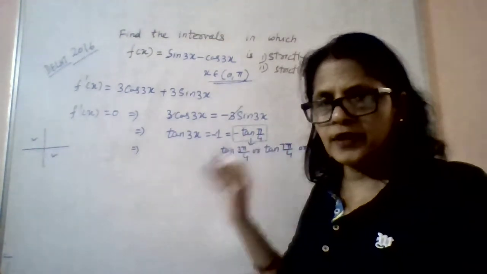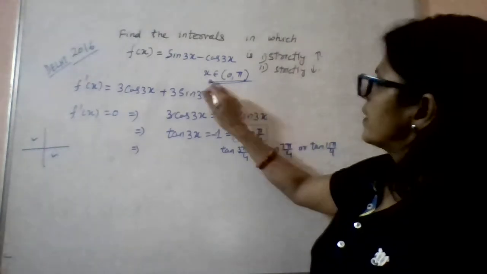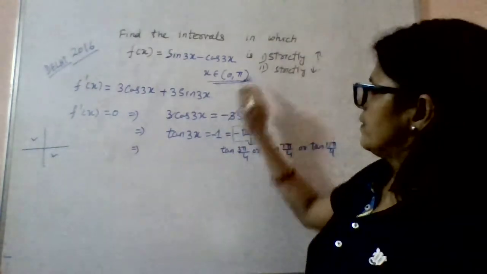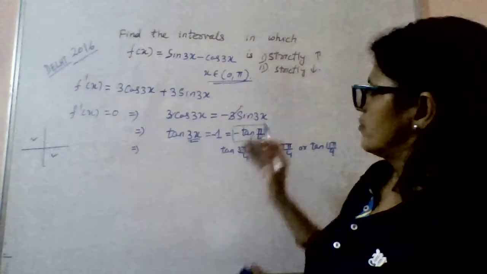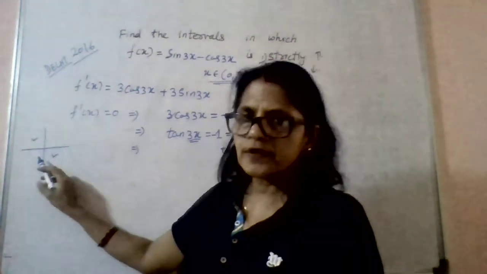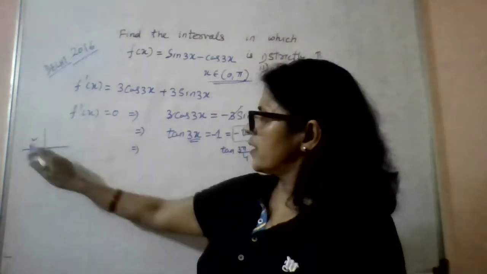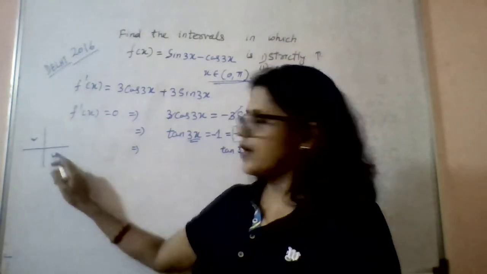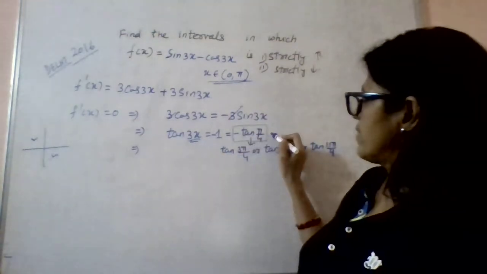We cannot take the value less than 0, right? And also x belongs to (0, pi). So here we have 3x. If you go to the quadrant system, tan theta is negative in the second and fourth quadrants, right? So minus tan pi by 4